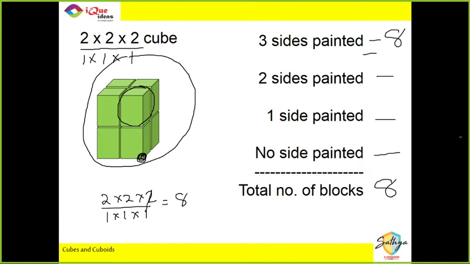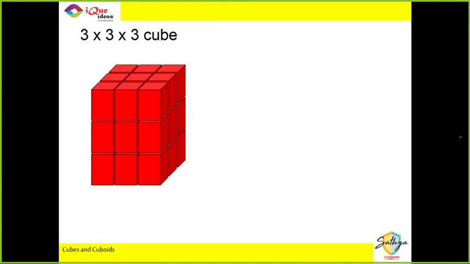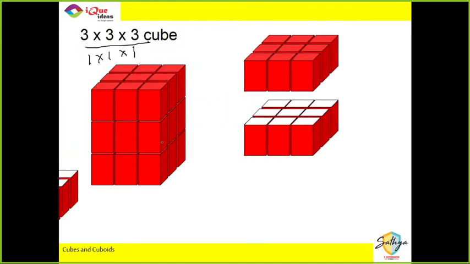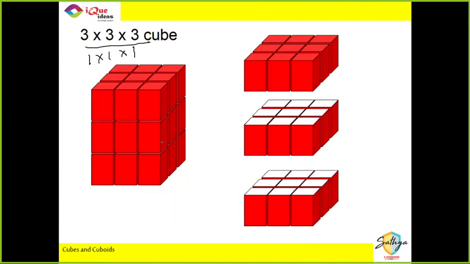Okay, now this was a simple example. Now let's take a 3 by 3 by 3 cube, right? So when you are cutting it, I'm cutting it lengthwise, breadthwise and heightwise, and each smaller cube is obviously 1 into 1 into 1. So can you tell me totally how many smaller cubes will be formed? Very good, right? If I split this into 3 layers, right?